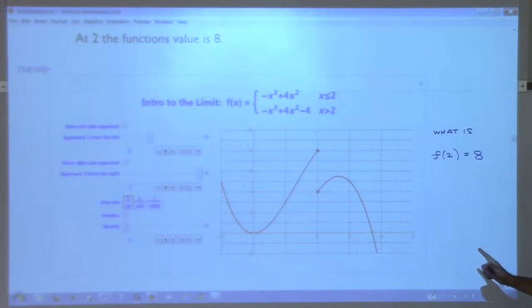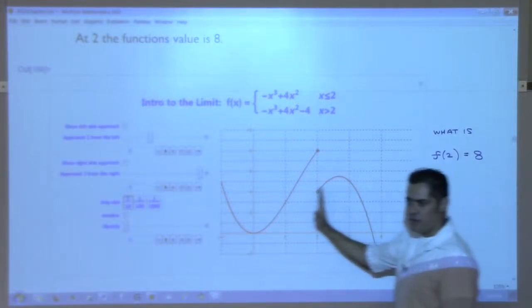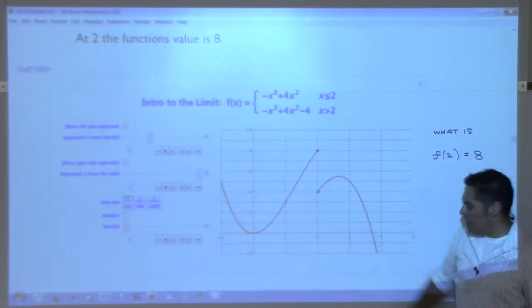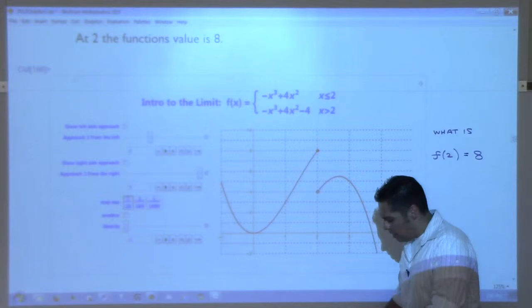Line test? Yes? So that is a function of x. Now, if we look at the x value of 2 and we ask Gabriella,